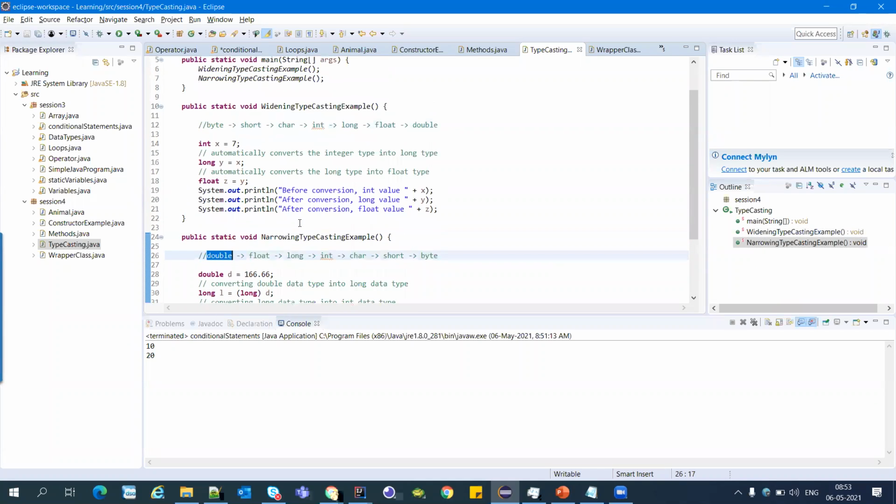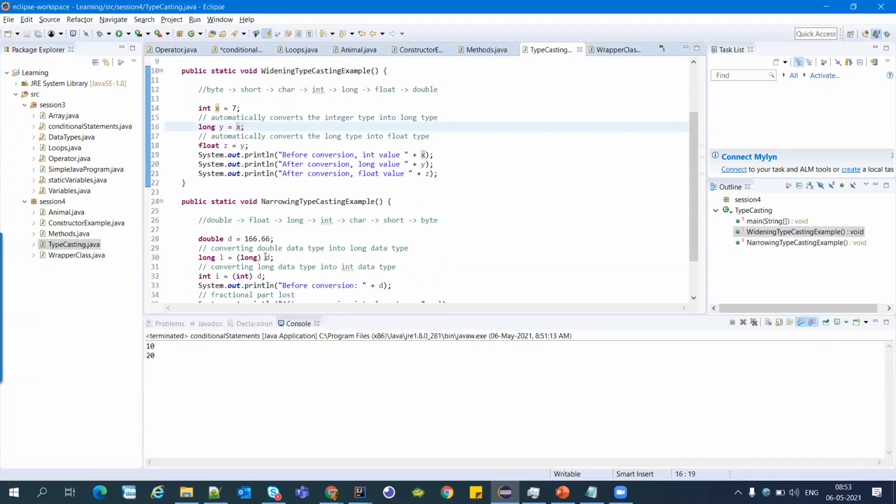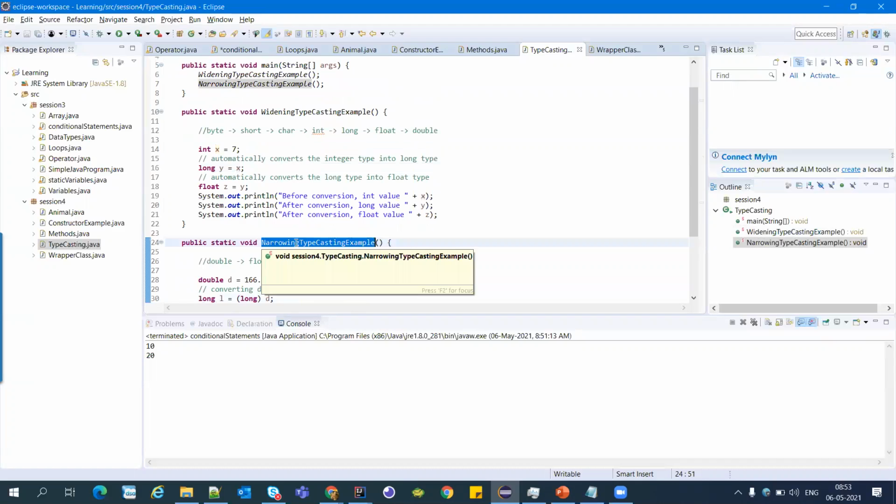So these are typecasting. Promotion means we are promoting int to long, and demoting means a double value is converted into long, which is demoting, or we say narrowing.